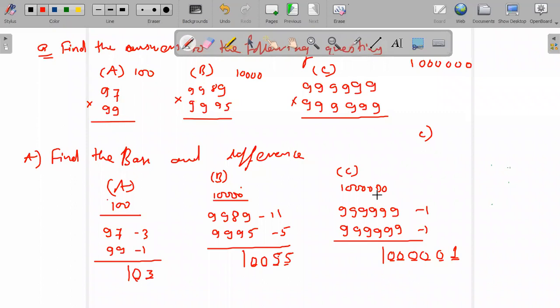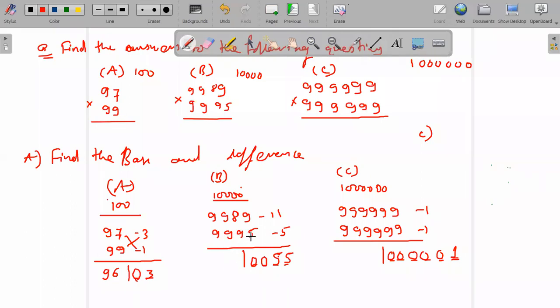What is the fourth step? Put the cross answer on the LHS. Cross answer means what? Here we are not going to multiply, we do cross subtraction. What is the sign here? Minus, subtraction sign is there. So 99 minus 3 will be there, or either you can subtract 97 minus 1. Answer will be the same, no doubt. 96 will be. So write it down as it is.